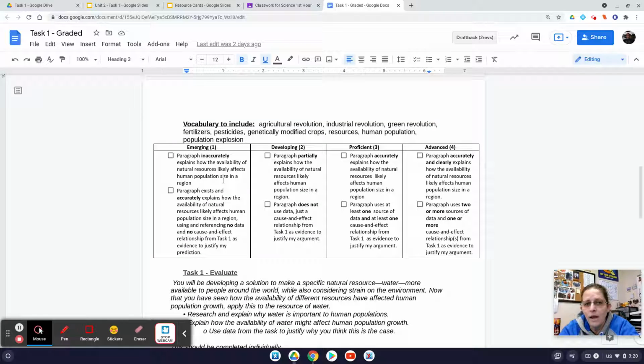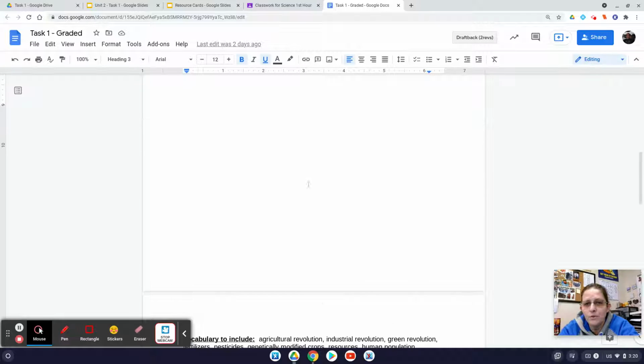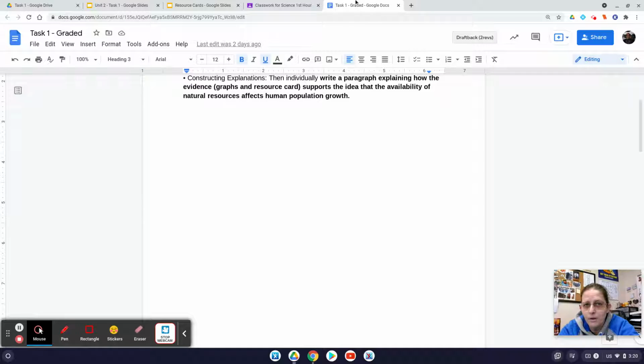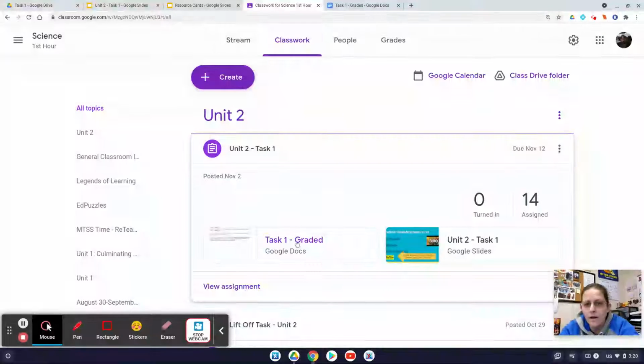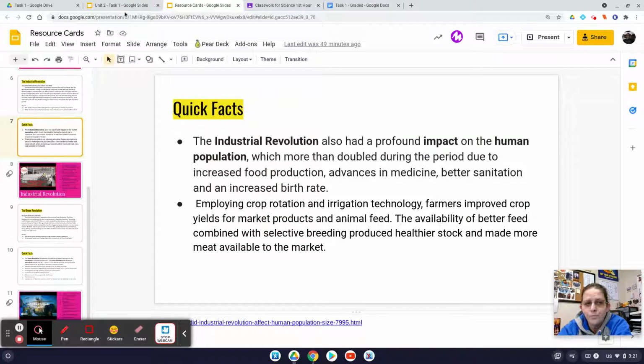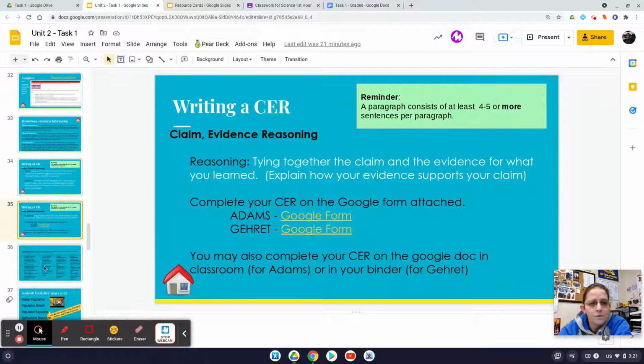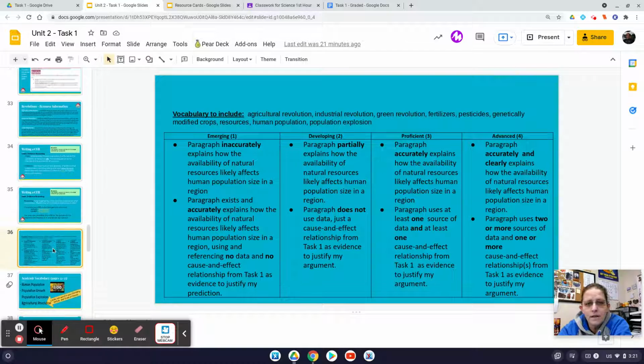So while I'm away, I'm going to expect you to do your work digitally in this manner. Okay, so that's where that is. And then you're just going to, once you have both of those assignments done, then you can hit turn them in. All right, so that's what you're going to see. The PowerPoint's there. Okay, so the rubric is there, and that is basically it for the day. So get that done, and